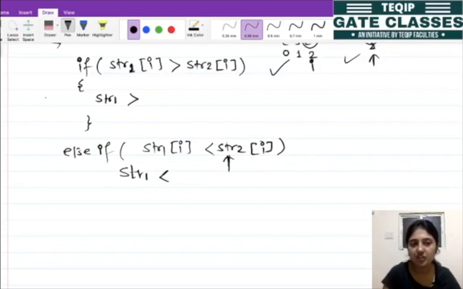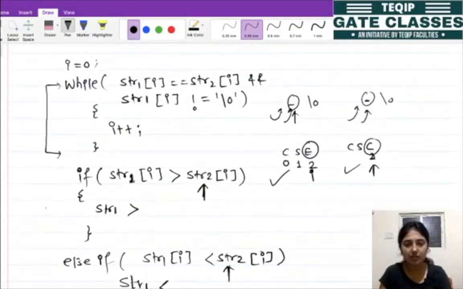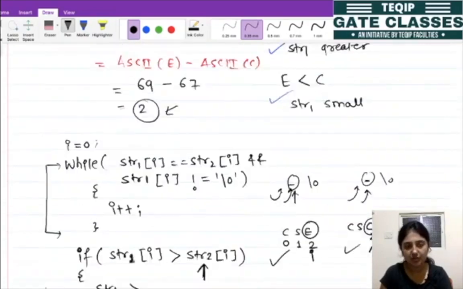So this string is greater as compared to this string, and else both are equal, right? So this is the simple logic which is used to compare the two strings, right?